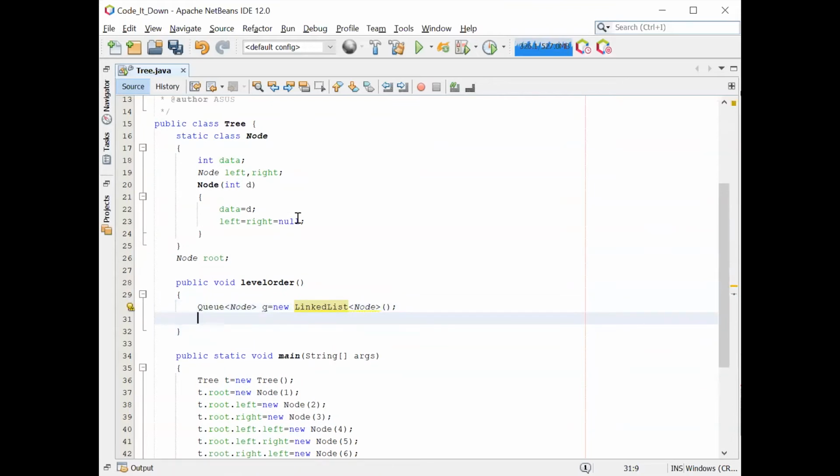Okay. So let me explain first how we are going to do that. Let me show you in the whiteboard. Okay, so is the whiteboard visible?